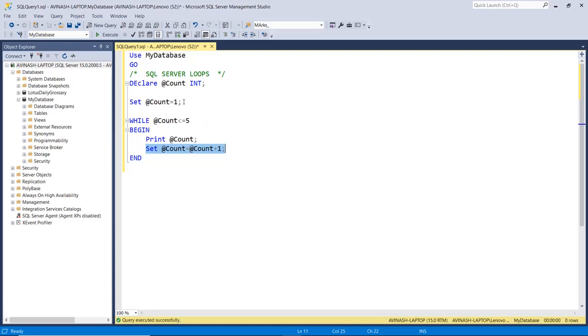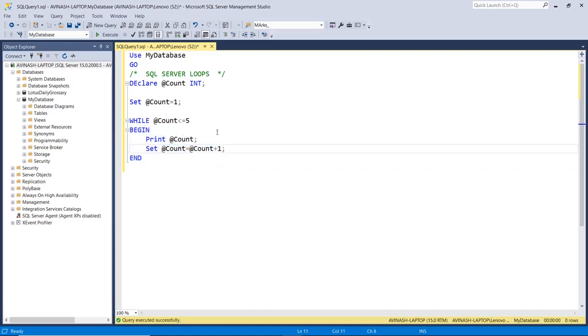Now the first time the value of the variable is 1, so the condition 1 less than or equal to 5 is true, which means print count and then increase by 1. And then again check the condition. The second time, the value of count is 2, then 2 less than or equal to 5, again true, again execute this block. So till 5, it will keep executing this block.